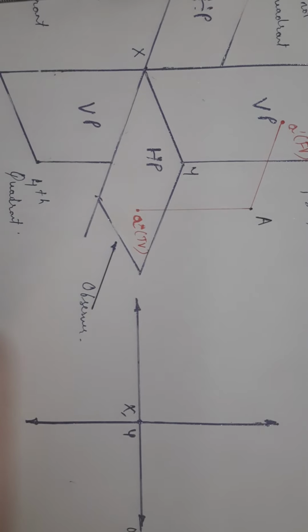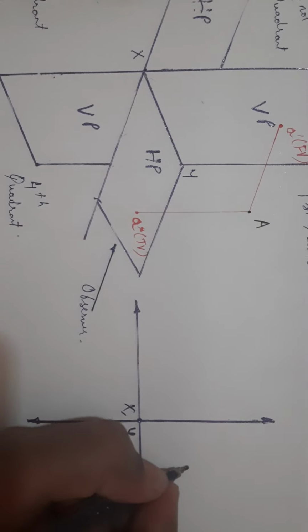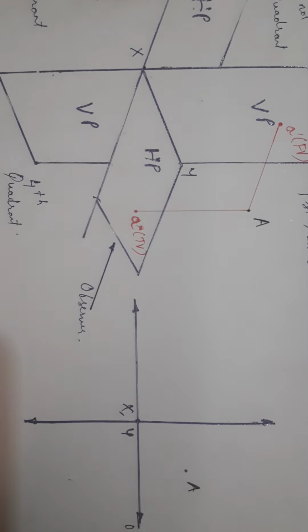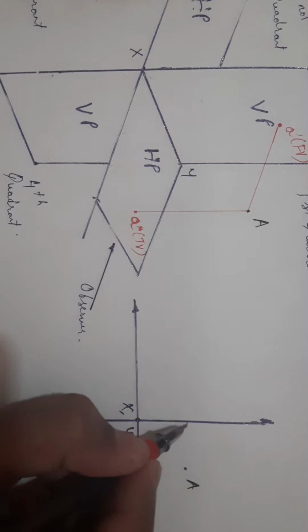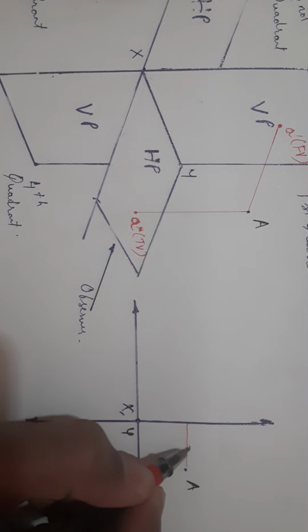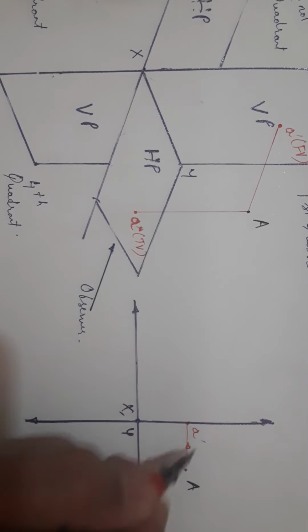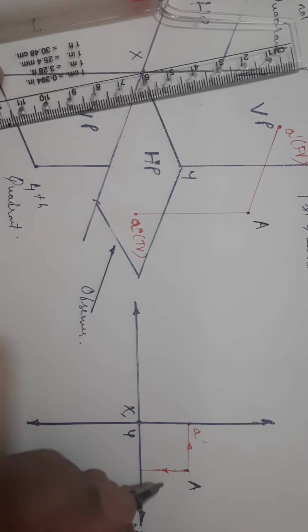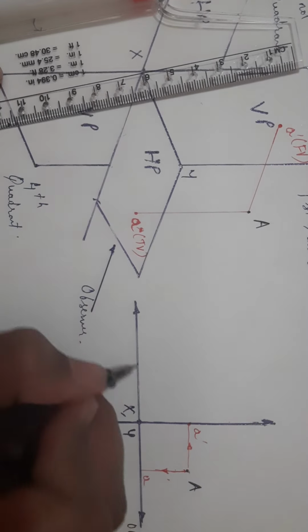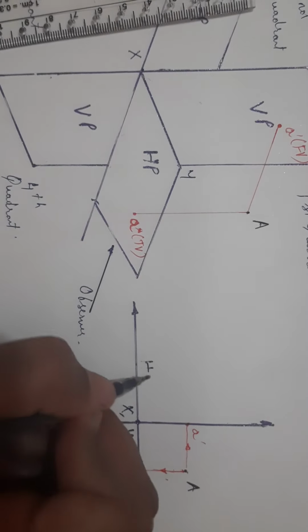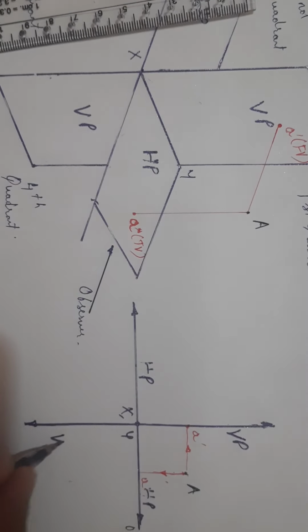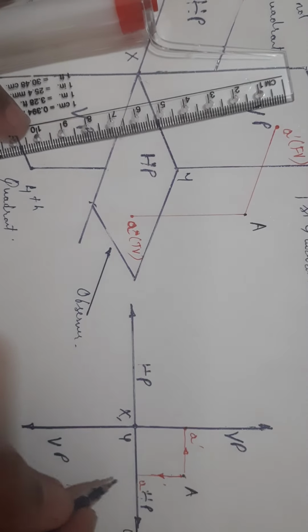I can write it down now. First, this is point A over here. So projecting A, it will be A dash over here and it will be A over here on HP. Friends, just let me mention it. These two are the horizontal planes as mentioned, and these two are the vertical planes as mentioned. Okay, so A dash.